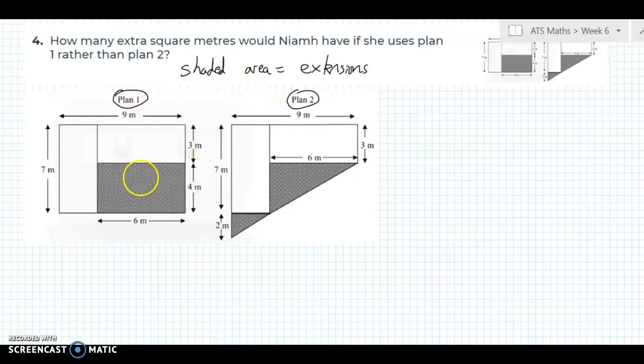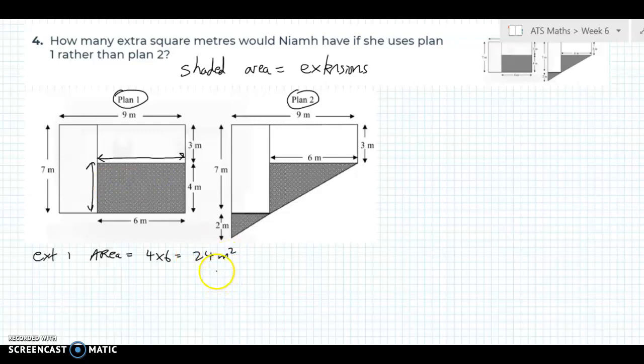So the extension area there you see is 4 high. This guy is 4 meters this way and 6 meters across. So to get the area of that rectangle there, extension 1 area is equal to the 4 multiplied by the 6. That's 24